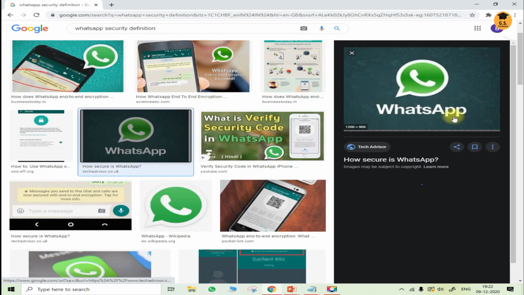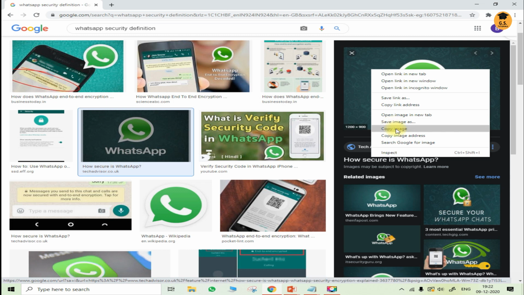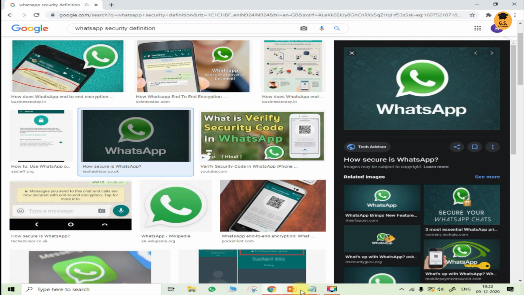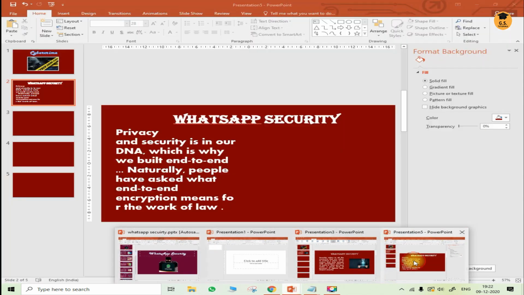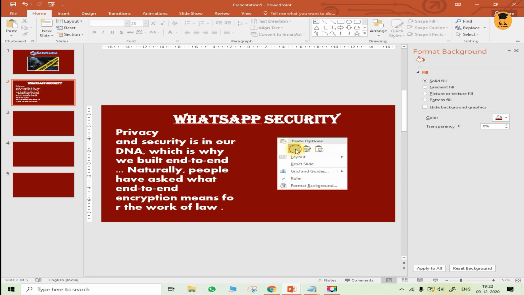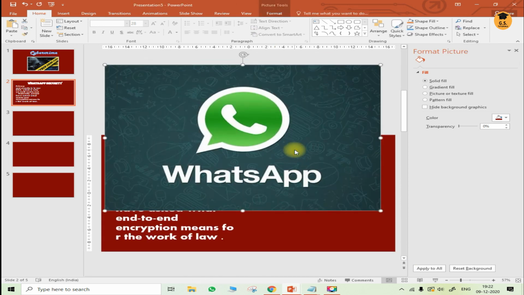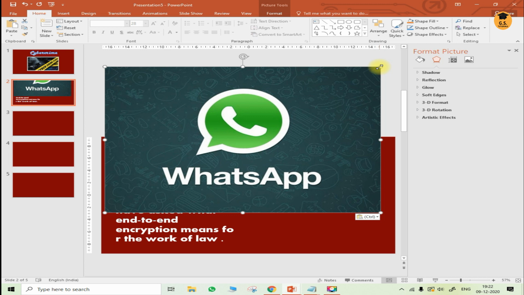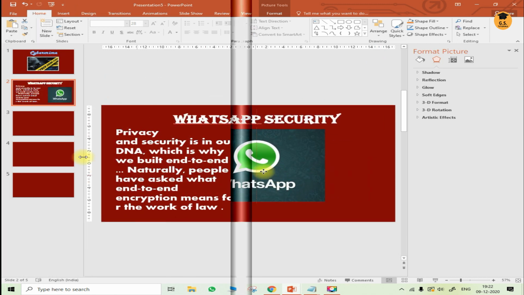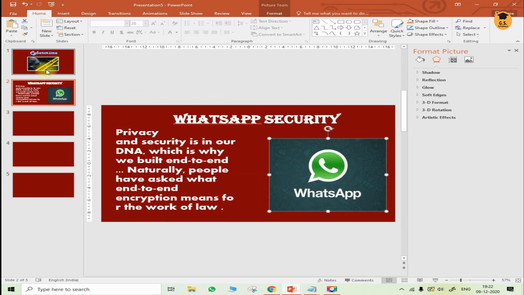Click on images. Let's say you're selecting this picture. Right click the picture, copy image. Go in PowerPoint again. Paste it. Make the size smaller.